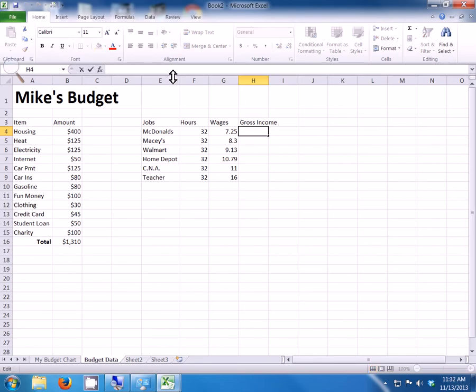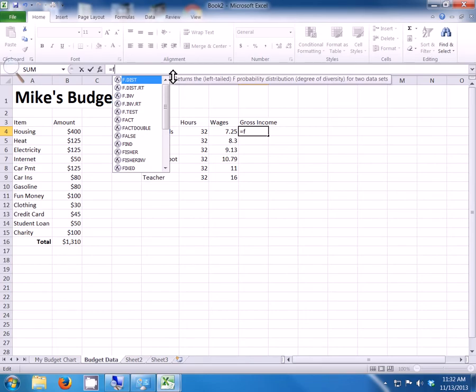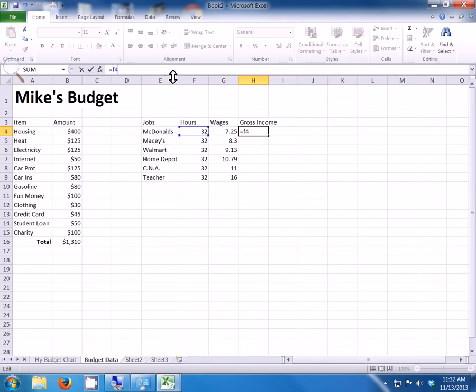So I'm going to come up here, and I'll say equals. Always start with the equal sign. F4, notice how it highlights that cell, times, and that's the little asterisk up there, G4, see how it's color coding it there? Okay, times 4. And we can hit enter. Okay, so that's my gross income right there,